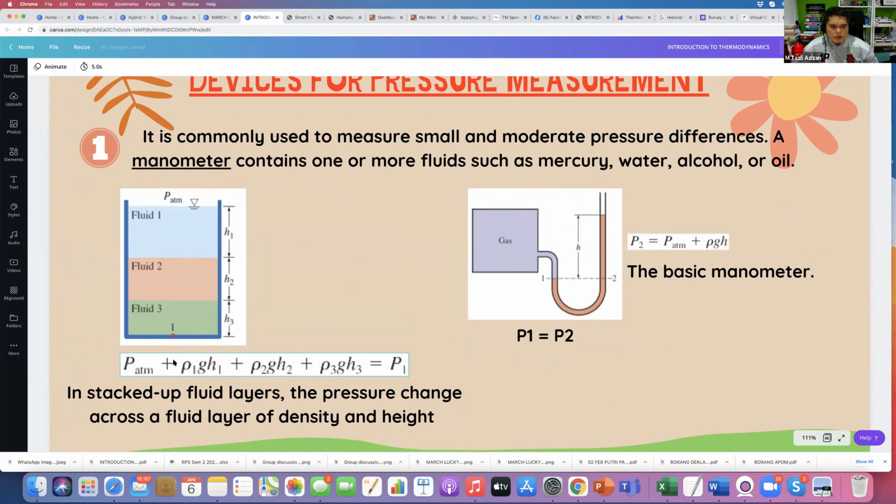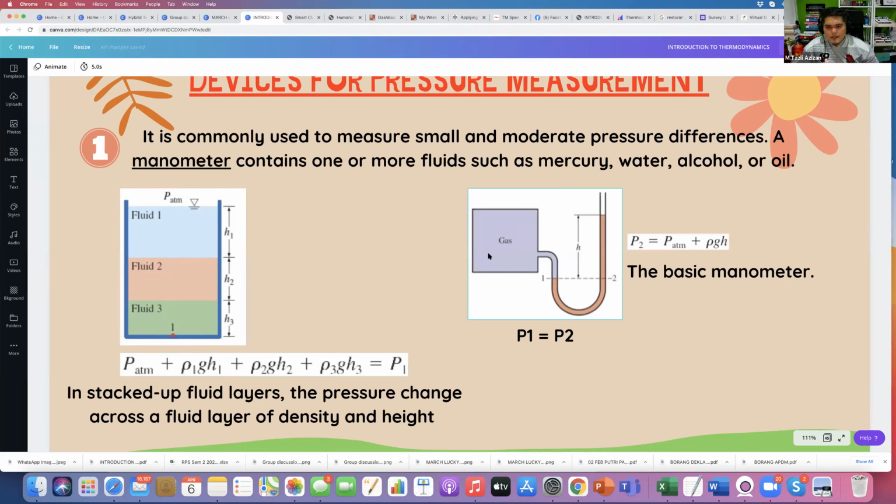you need to add on, because there are different fluids, so you need to calculate separately. So you need to know the height from this point to height 1, before it reaches fluid number 2, and then you need to know H2, and then H3 as well. So you can add on the atmospheric pressure, then you can get the pressure at this